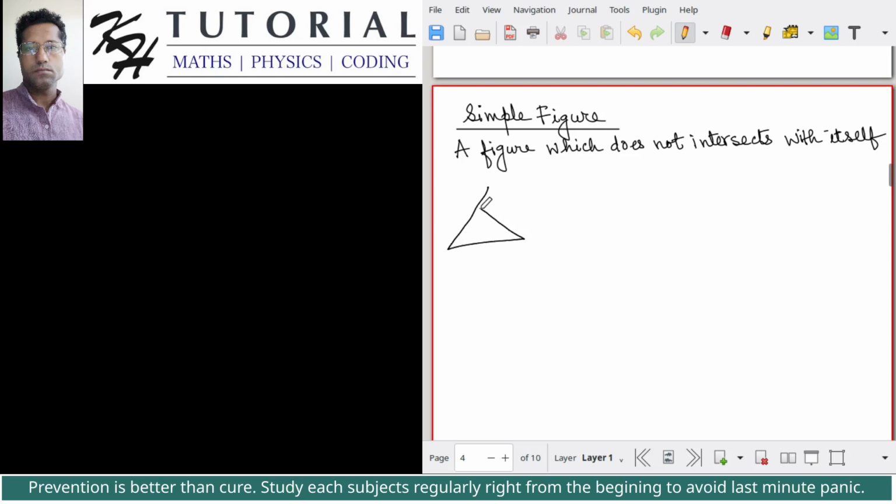so I am drawing this figure. As you can see, this was the starting point, this was the end point, and at this point, let this be O, I crossed. This is the point where the figure is intersecting with itself. That is, while I was drawing the figure, at the point O, I intersected the figure itself. So other examples could be,